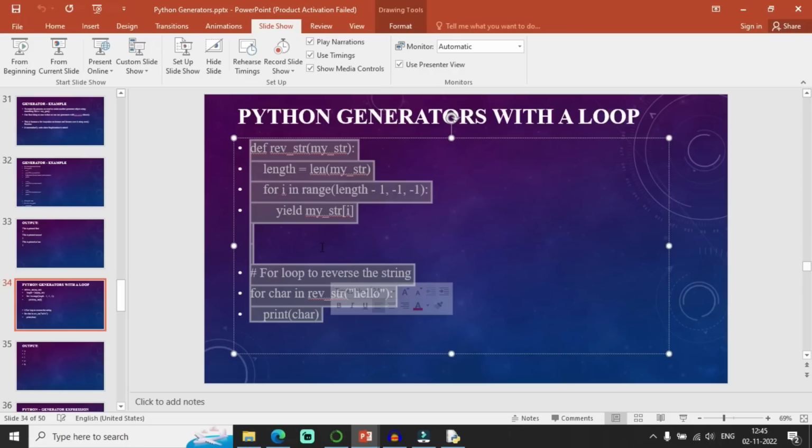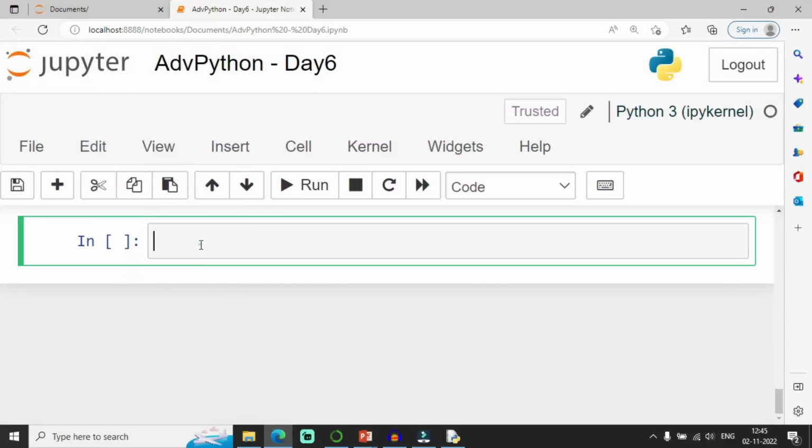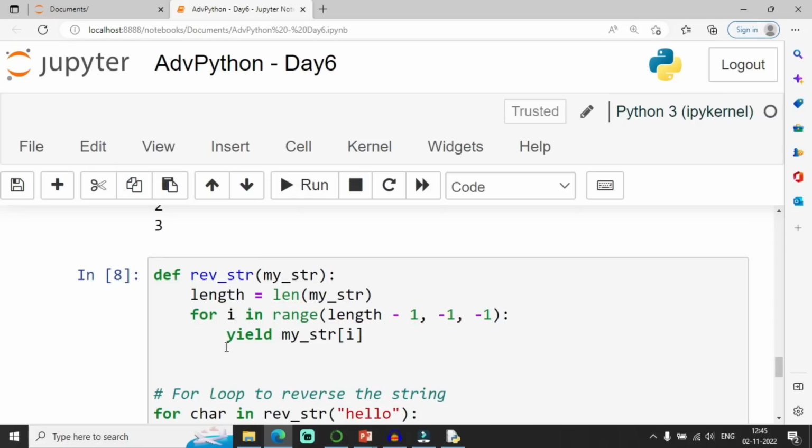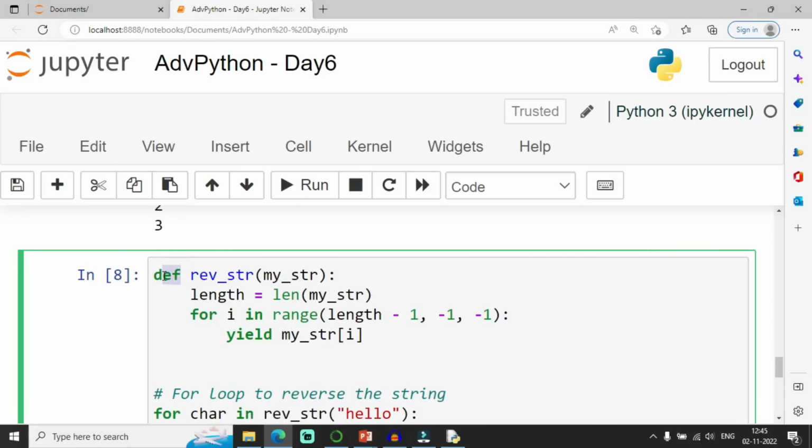For example, I want to reverse the characters of an input string. I can create a generator like this. Whenever I want to define any user defined function, I have to use the def keyword followed by the name of the function.